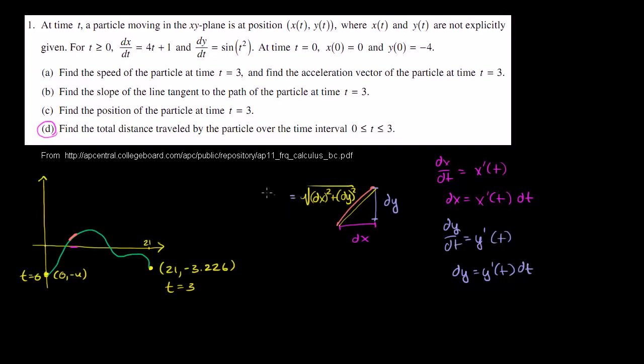So we could call that dl or dA for a small arc length. Actually, we don't have to worry about what we have to call that right now. But this expression for that very small arc length right over there, if I rewrite it in terms of what I have on the right-hand side, so I can get everything in terms of t, it is equal to the square root